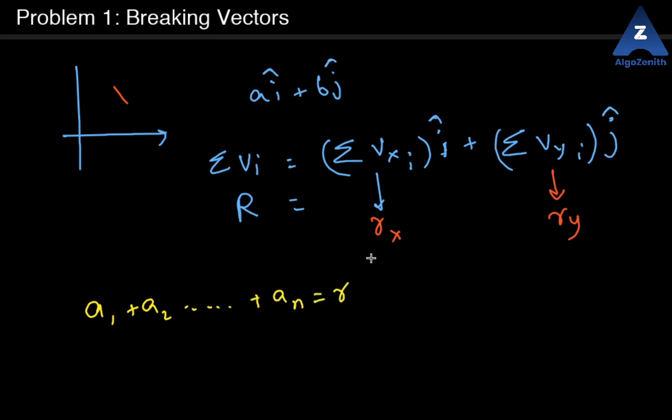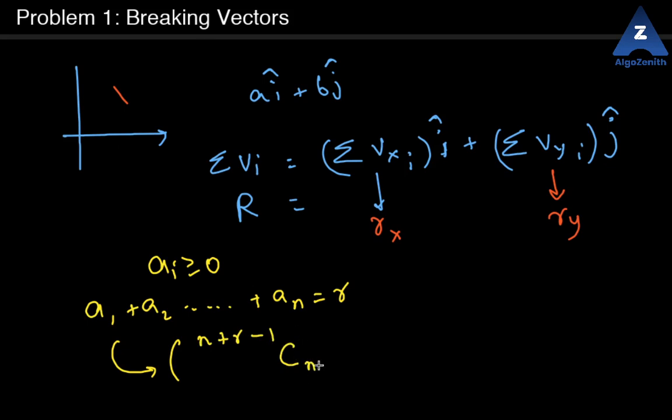Okay, and you need to find out the number of solutions of this equation, because there are n variables over here, all of which are non-negative. Okay, ai is greater than or equal to 0, and you need to find out the sum to be some rx. Similarly over here as well. Okay, so to solve this equation, this is a very standard problem, and it's a transformation of the balls and sticks problem, and the result of this is quite famous, and I think you should know this, that the direct answer of this expression, given n variables and the sum is r, should be equal to n plus r minus 1.